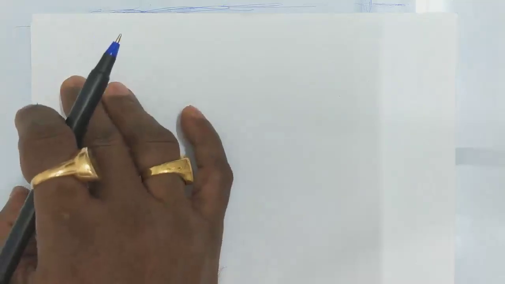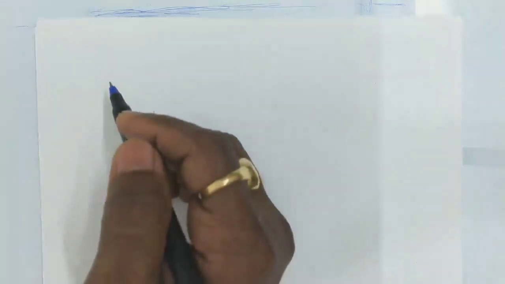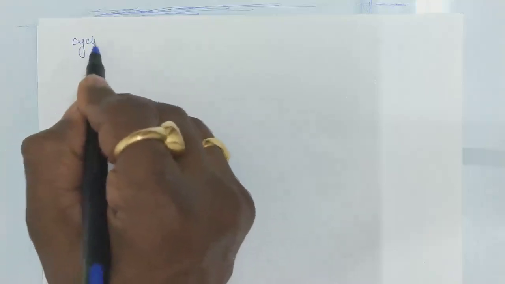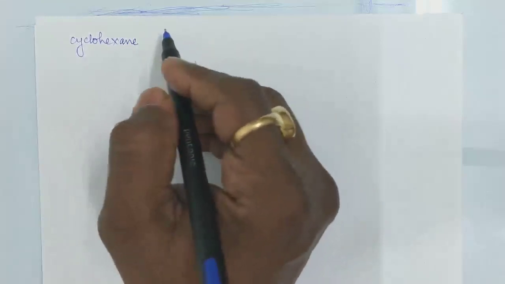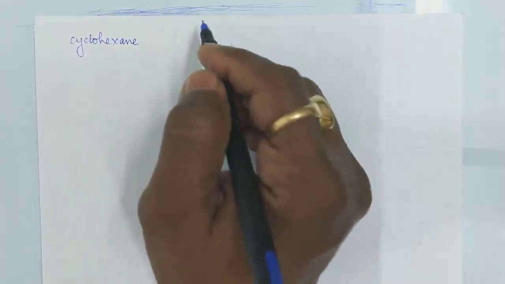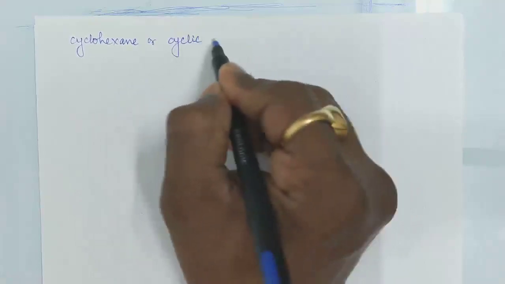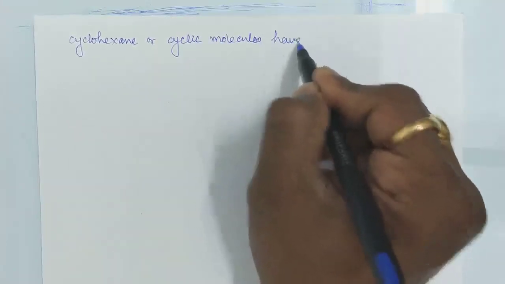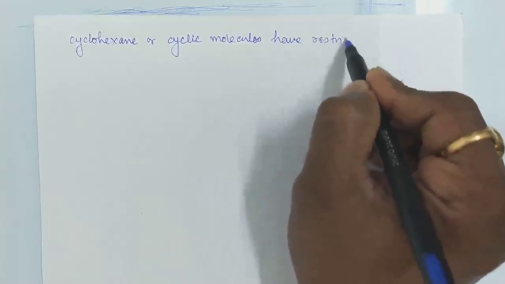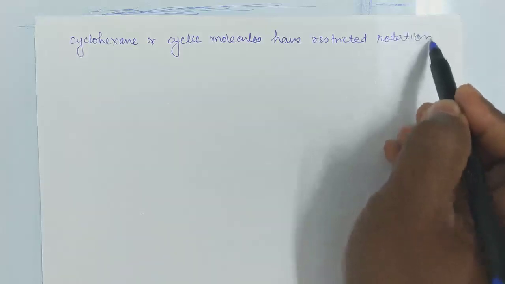So we can write here that cyclohexane or cyclic molecules have restricted rotation, but